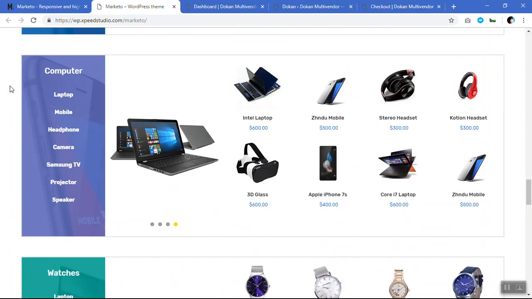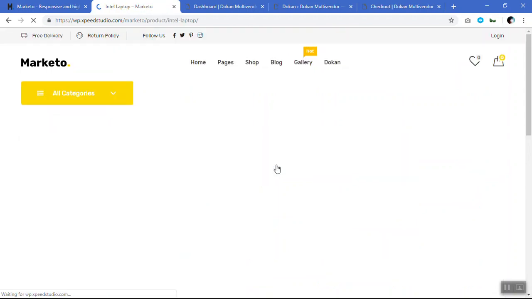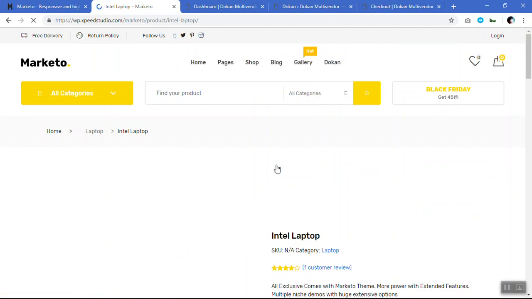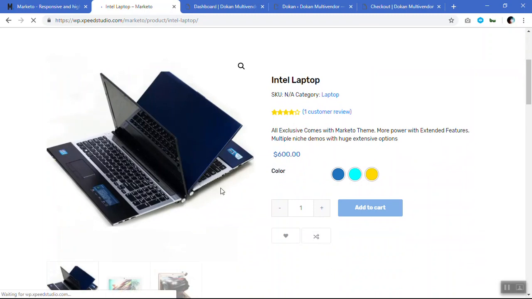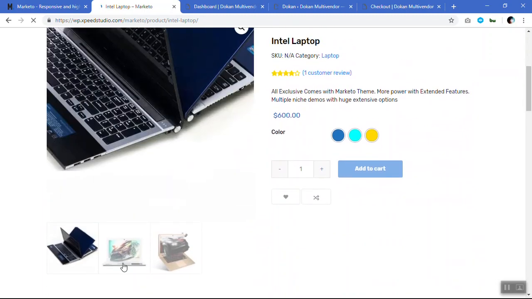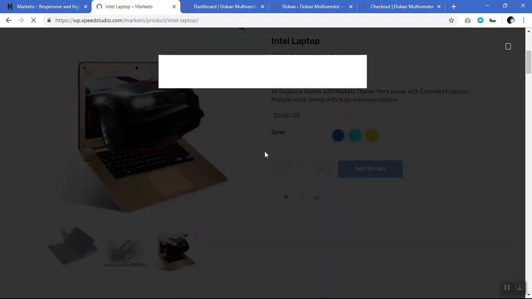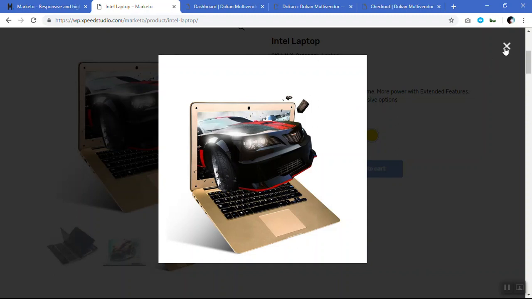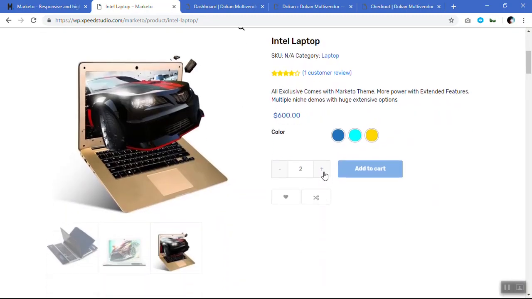Let me show you how a single product looks. Let me click on the laptop. Now you will be able to see the single product page. This is the page which is used for a single product. You can see the galleries. Also you have an option to see the quick view of the image. You have the option to add or remove the quantity,